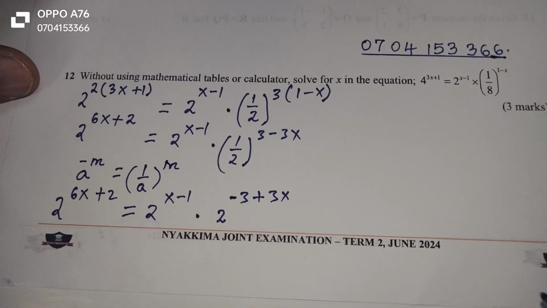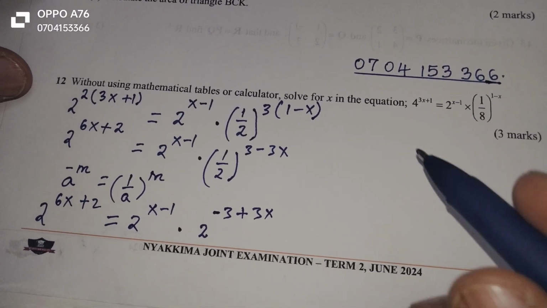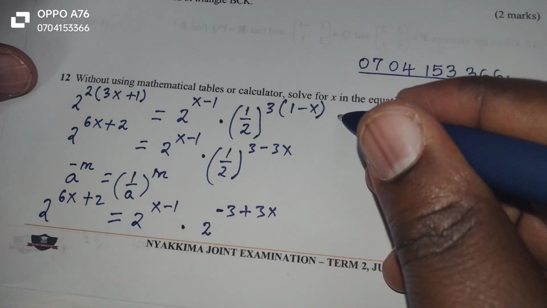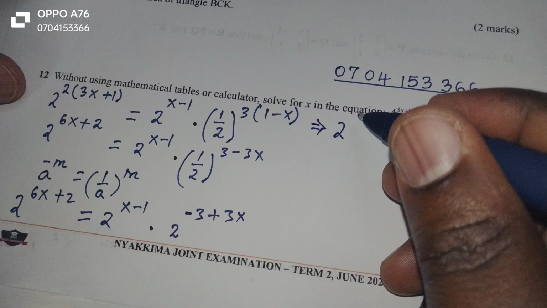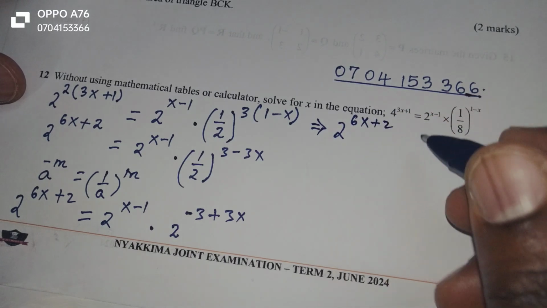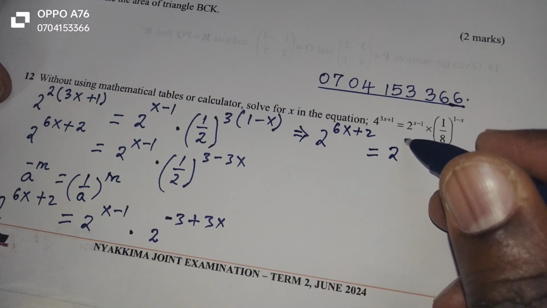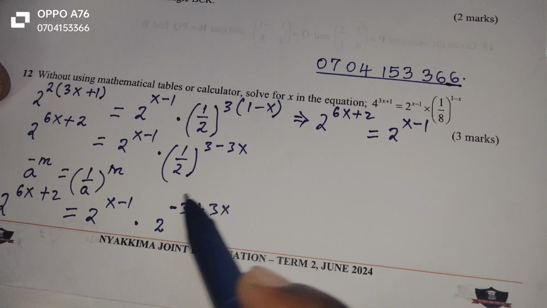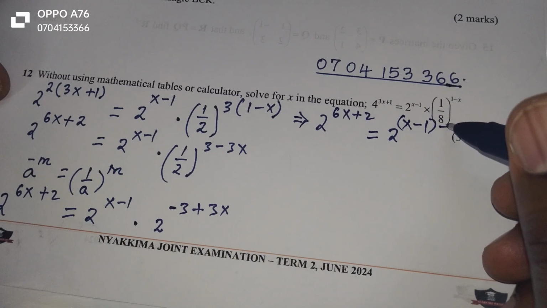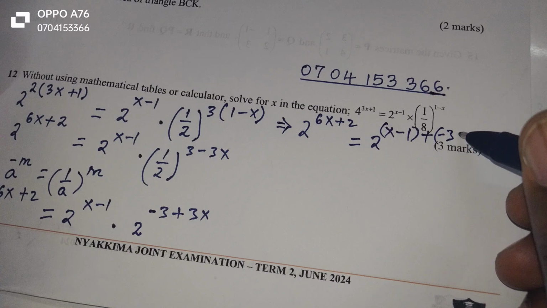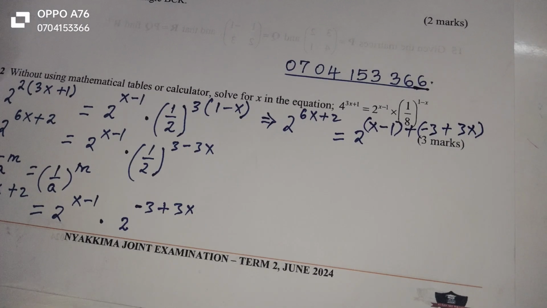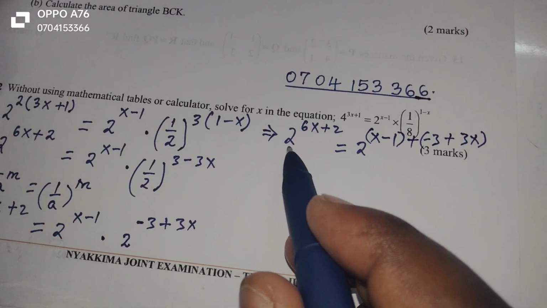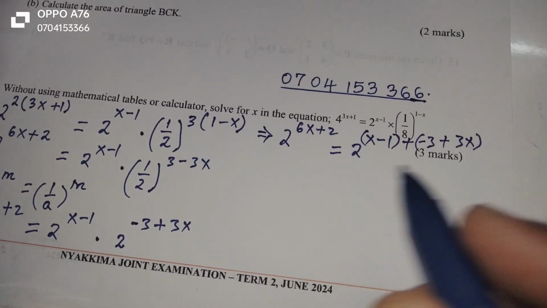Exactly at that. Now that we have all the bases being the same, we can apply on this side the addition law of indices, whereby if I'm to write the expression again now, I shall have 2 raised to 6x plus 2. This is equal to 2 raised to x minus 1. And instead of now multiplying by 2 again, raised to a different power, we just add the indices. So this plus negative 3, 3x. So that is the addition law of indices, whereby if the bases are the same, you just add the powers. And because we have now base 2 on both sides of the equation, we can now equate the powers and say